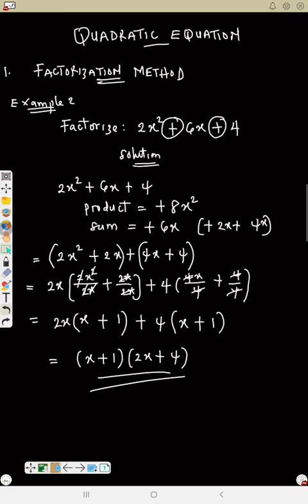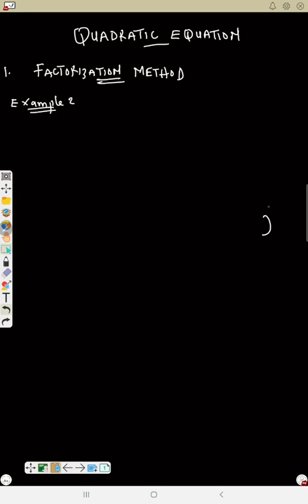So now let's see another example, but this time around I'm going to put equals to 0 there. So now let's see another question, example, just example in short. Now solve, but now I will not say factorize, I will say solve. Let's say solve x squared plus 5x